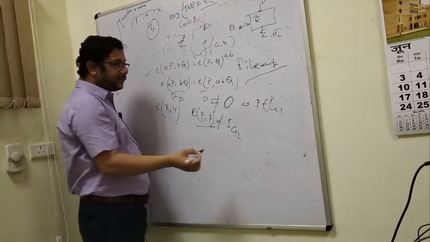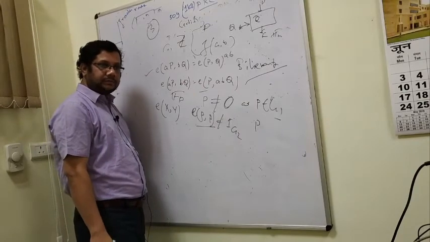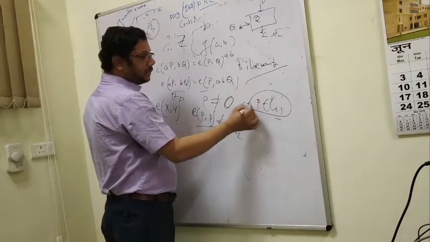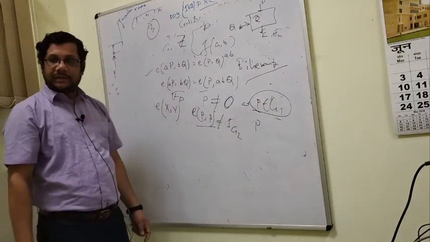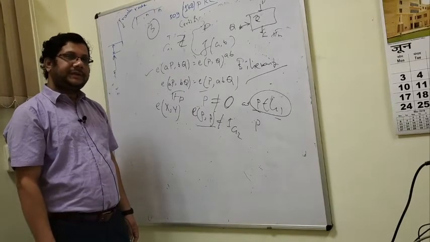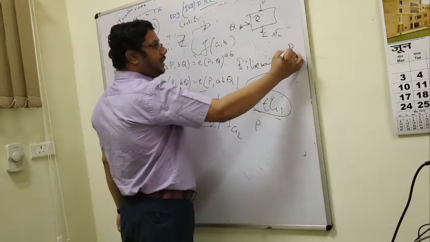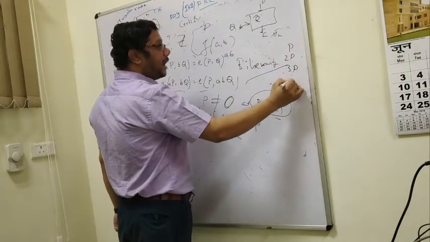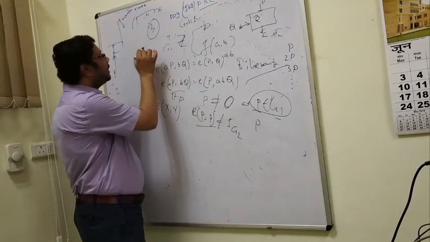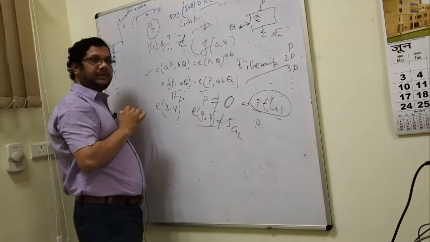Now, let us suppose P is the generator of G1. Oh, sorry. I forgot to mention that P is the generator of G1. P is not any point on G1. P is the generator of G1. That means you can generate all the points of G1 from P. How can you generate? By doing P, 2P, 3P up to, you have written there that the size of G1 is Q. Both sizes of G1 and G2 are the same, it is Q. So you have to